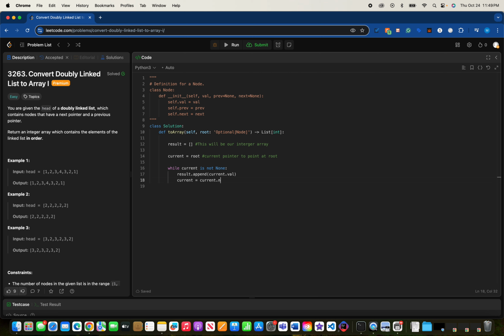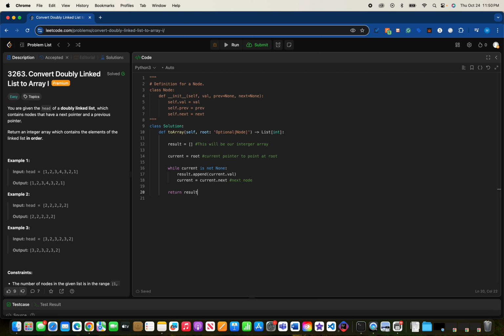Current dot next points to the next node. Return result,